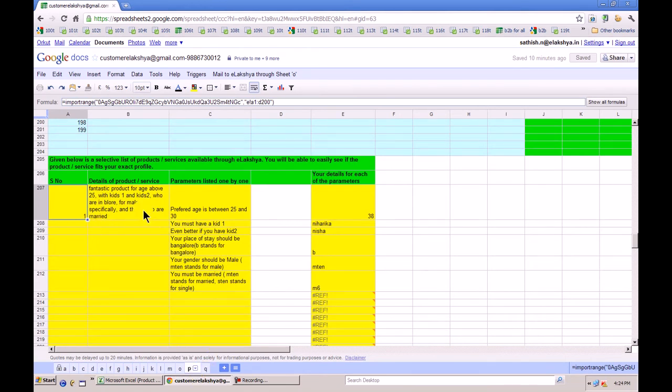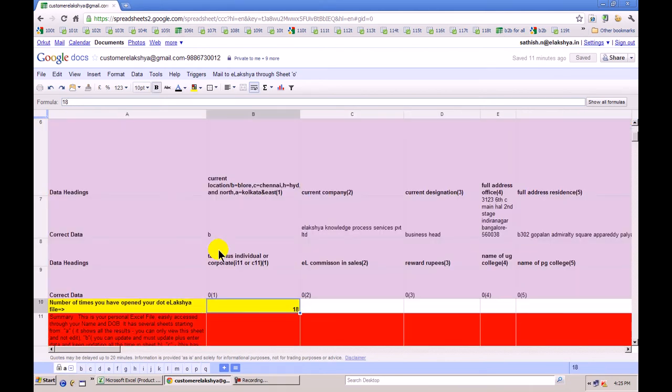The sheet has another beautiful feature, point number 15, and that is financial services companies keep releasing various products from time to time, and do those products fit you? Do they fit your requirement? The preferred parameters, I mean, is your preferred age between 25 and 30, whatever it is, whether your details fit those parameters. In short, you would be able to figure out if the various financial products released from time to time fit your requirements or not.